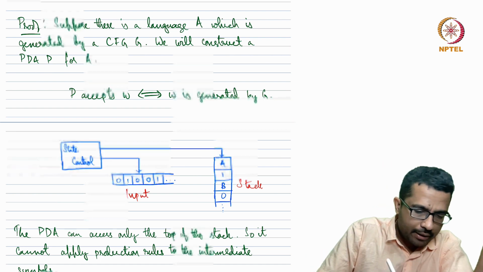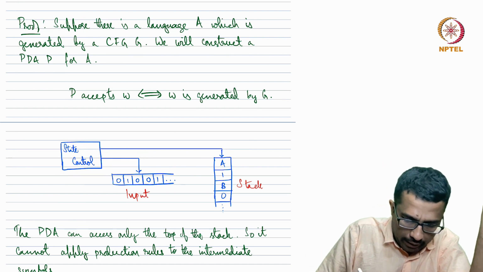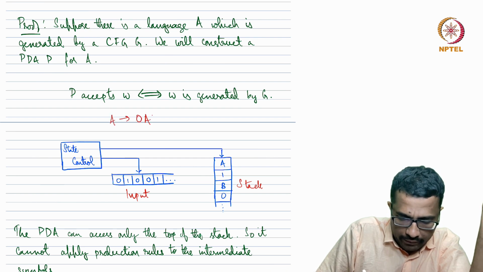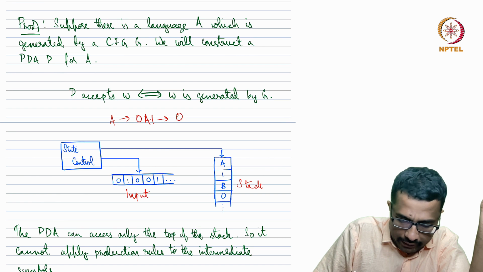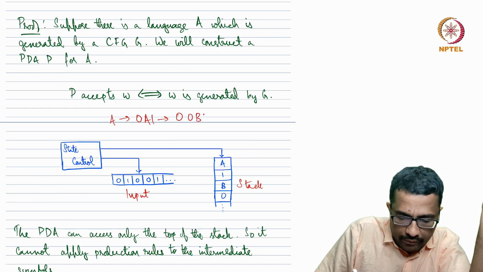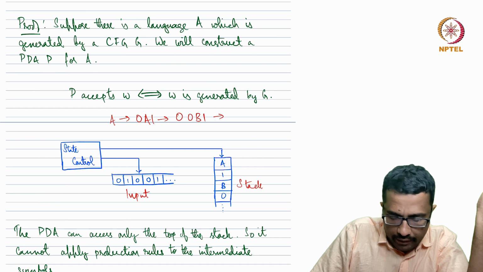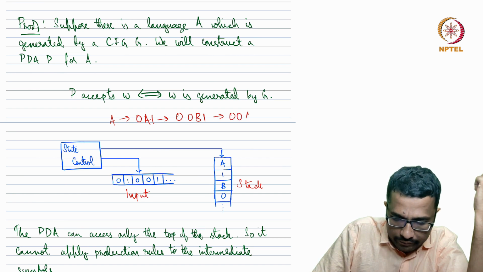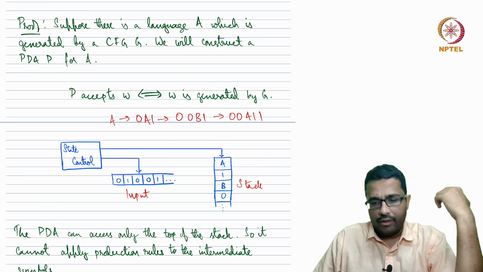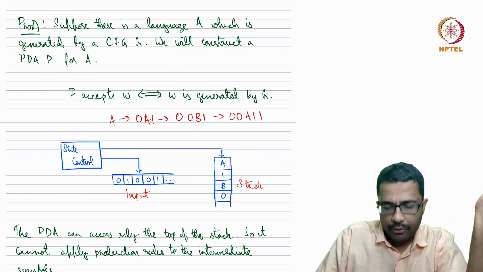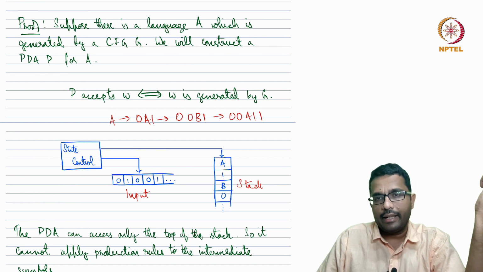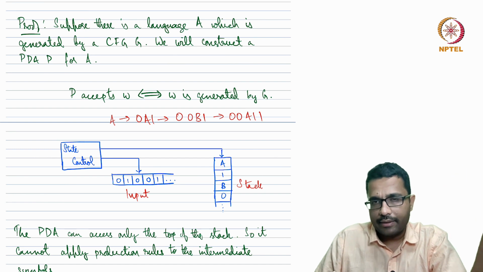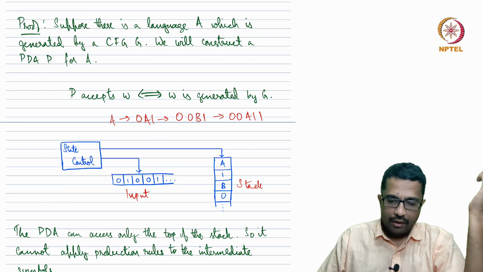So a string from a grammar, you may derive it something like this. You may have something like A gives 0A1, and then A may give 0B, right? So the 1 remains, and then I don't know, B gives 1A, let's say, or A1, something like this, right? So now basically we have to keep doing this till we get rid of the variables in the string on the right hand side, and then we have a string that is generated from the grammar.